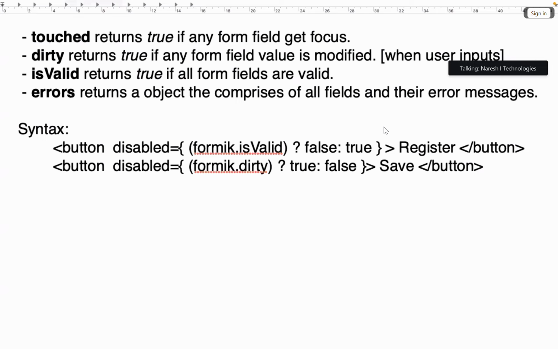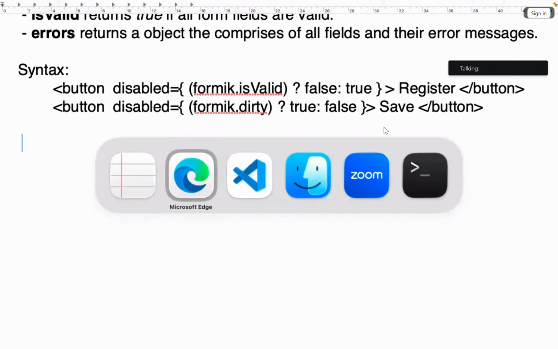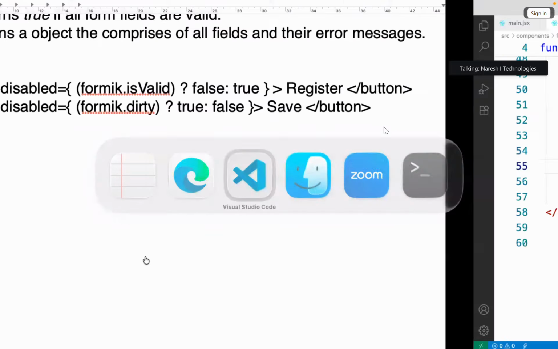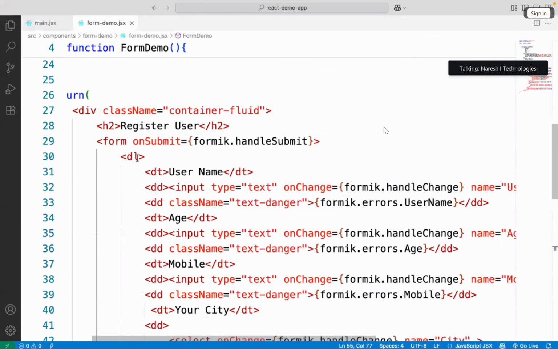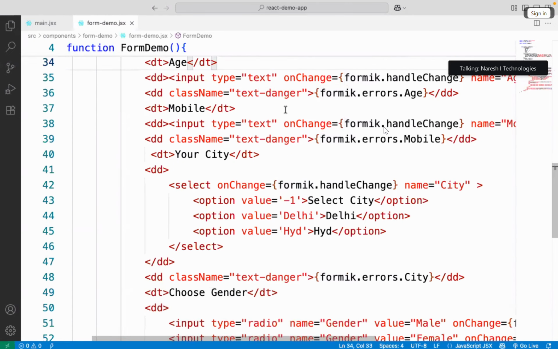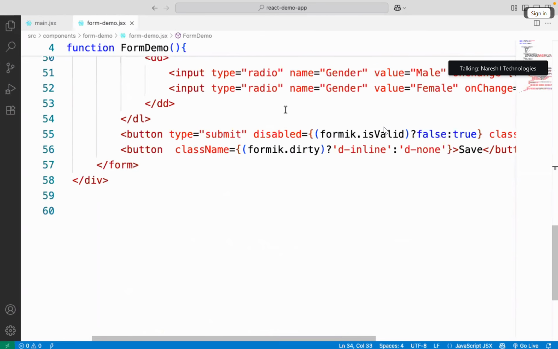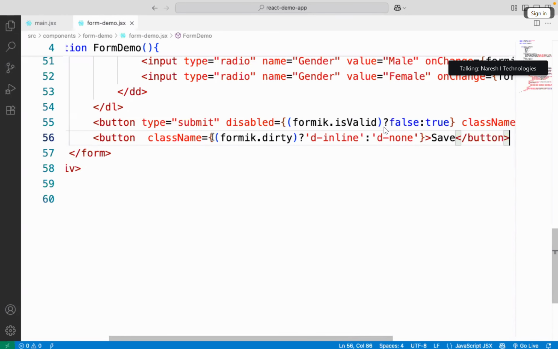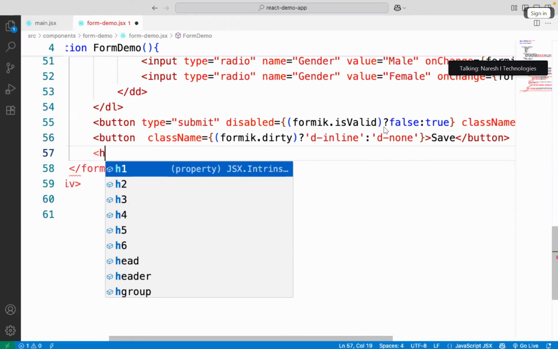Now, one more point is how to display the summary of all errors in one place. How we can show all the errors in one place. Actually, see, if we want to display errors all in one place, then better you first remove them from everywhere. Here, everywhere errors are there individually, remove them because I want to show in one place. Then let's keep this in the form. I'll keep a div,